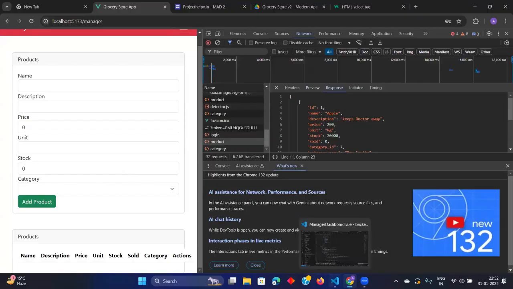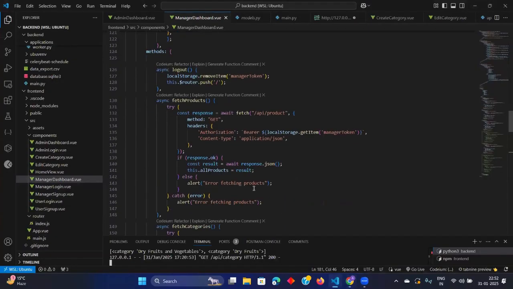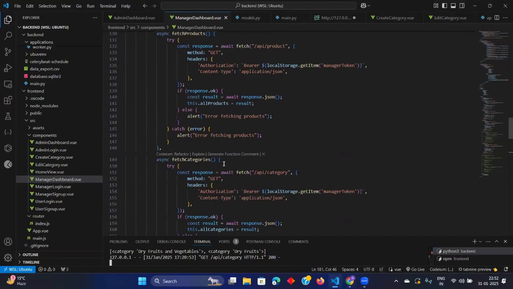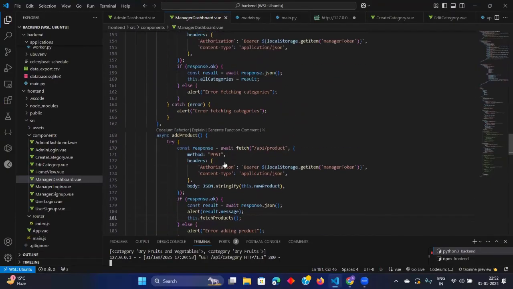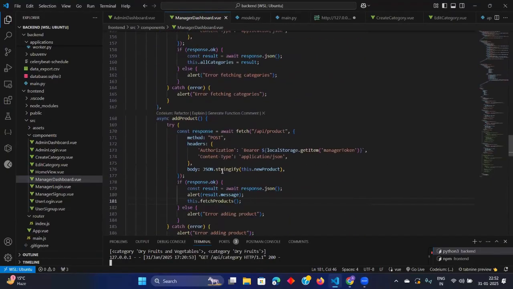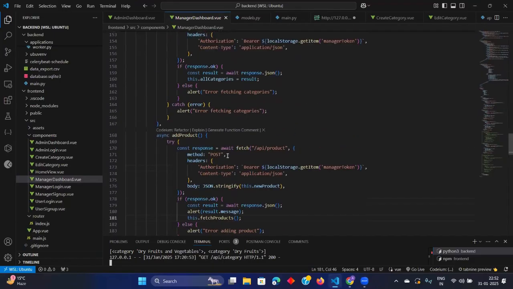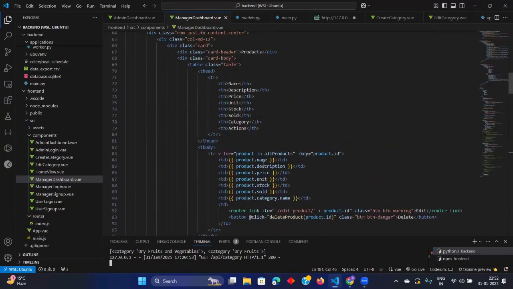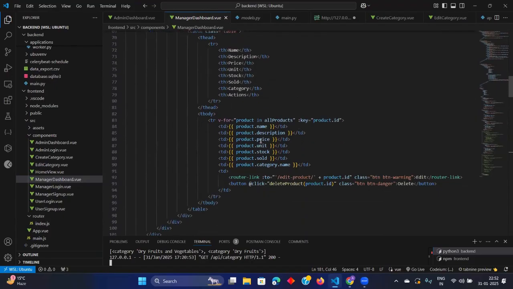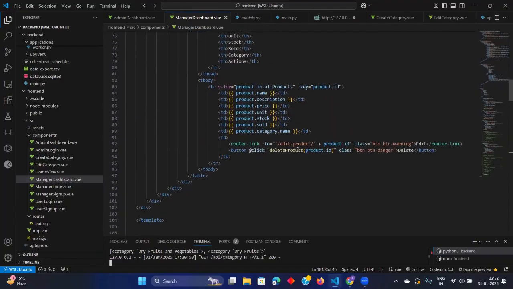So it is passed inside this fetch products also now. Our product is there, this is done. Now product ID is there, name, price, unit, stock, category name. This is also fine. Just comment this.